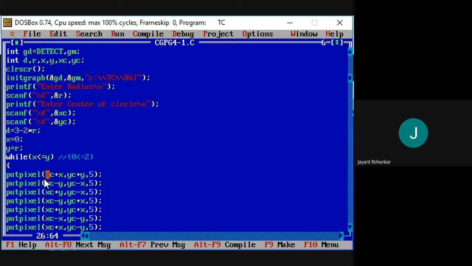Accordingly, we get this first point which lies on the boundary of the circle, and we can create the mirror image exactly opposite to that point on the next boundary of the circle, on the opposite coordinate value on the circle.